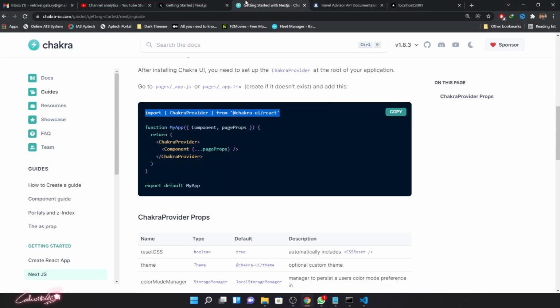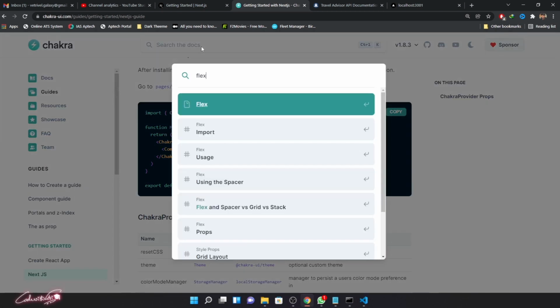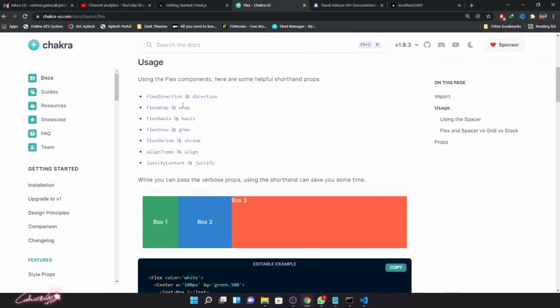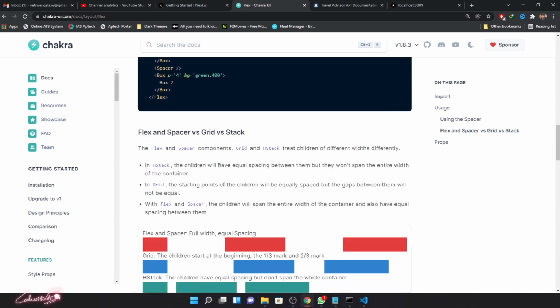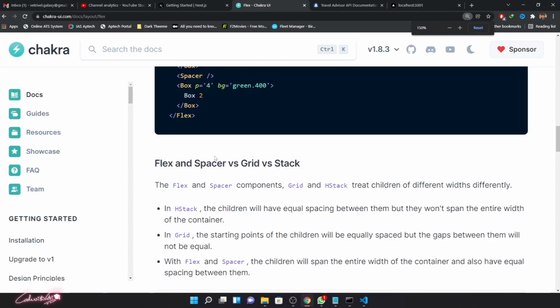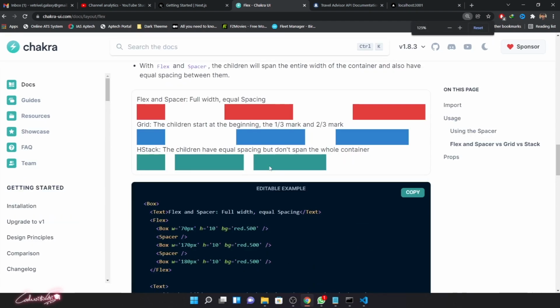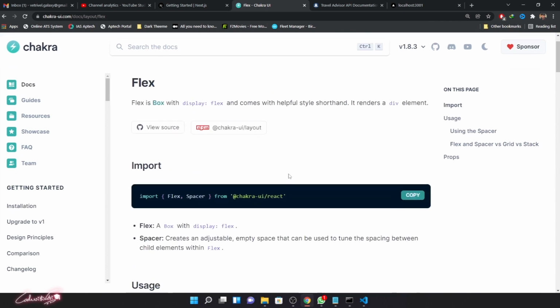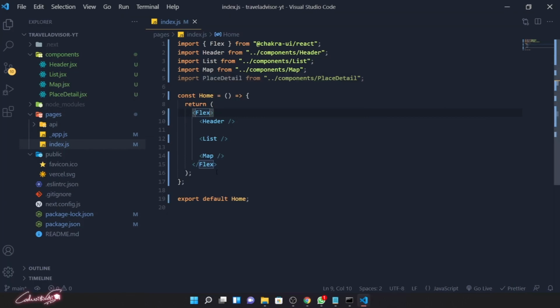If you wish to see much more information, go to the Chakra UI and search for flex. You can see all their properties and all the necessary utility classes you need to use in their flexbox. So go ahead and spend your quality time going through this document. Anyway, I'll explain it one by one whenever I'm writing it. Okay, so here first